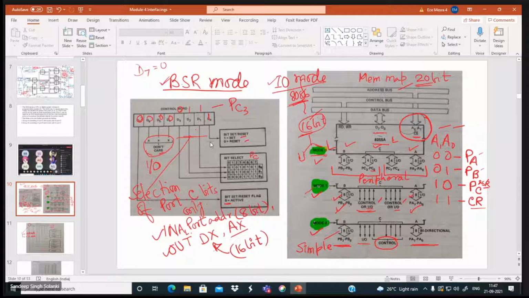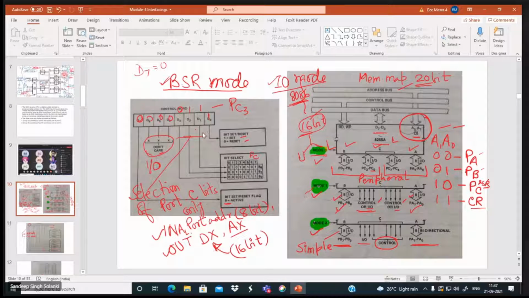These 3 bits will generate how many combinations? 8. 000 will select PC0, and 011 will select PC3. If you want that particular bit to be made 1, then you write the last bit, the LSB, as 1. If you want it to be made 0, then you write 0. That is what this mode does.